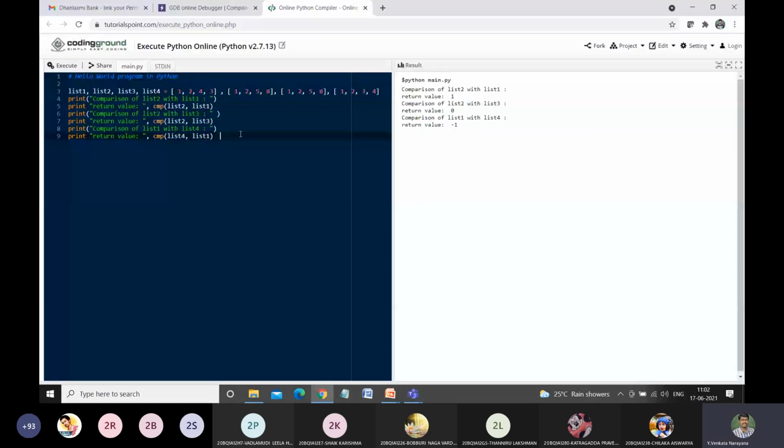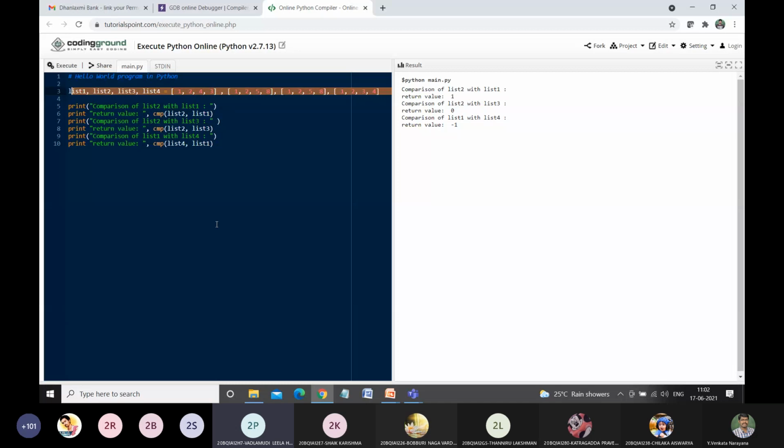So the cmp function will work only in Python 2.x versions. So I have taken the online compiler, which is version 2.7.13. I have taken four lists. In the first list, 1, 2, 4, 3. Here I am using one concept, assigning multiple values to multiple variables.